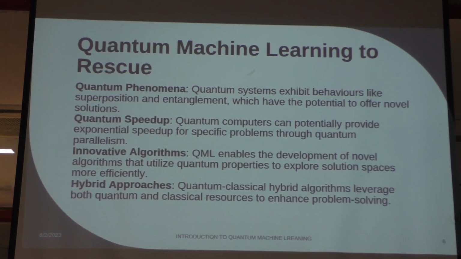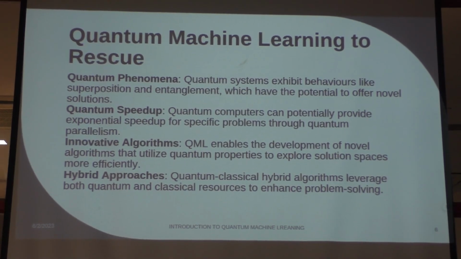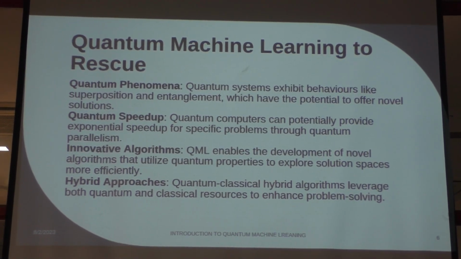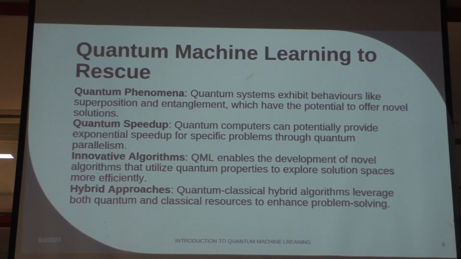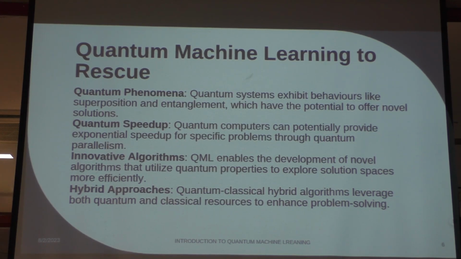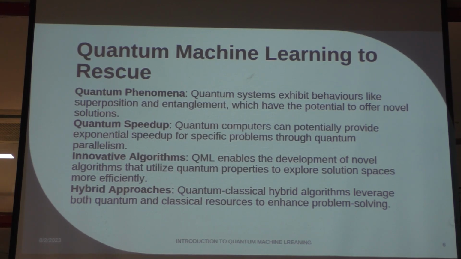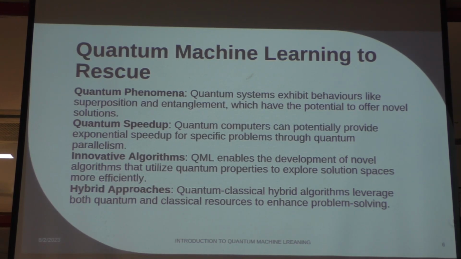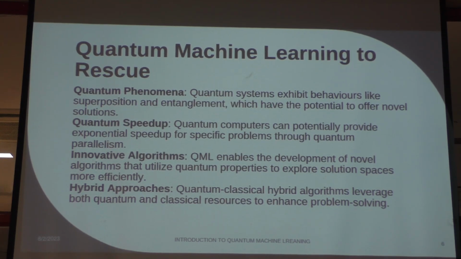Now, just to recap the things that we studied and looked at in the last session, we can exploit quantum phenomena like quantum superposition and quantum entanglement to build novel quantum algorithms, and this hopefully will give us a quantum speedup, because as we discussed last time, there is going to be a huge amount of speedup that we'll get with a good quantum computer.